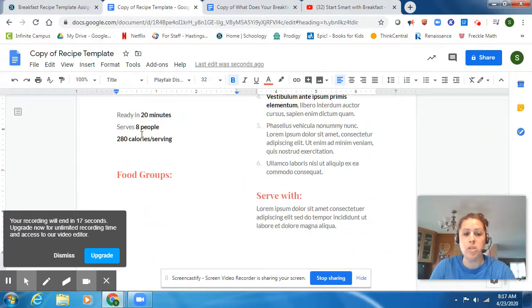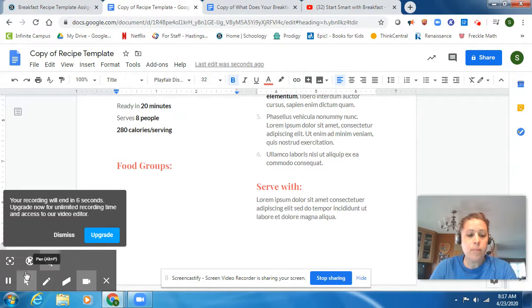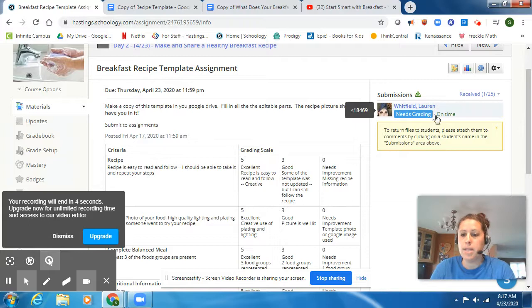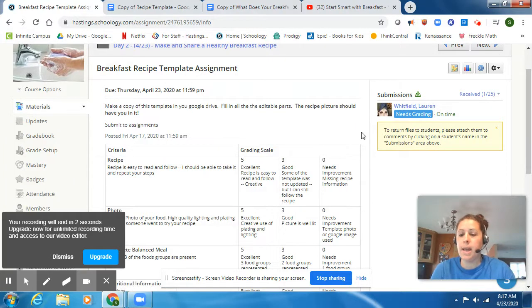Make sure that you put the servings, how many servings, the calories, the food groups. So if you are making pancakes, what do you have to add? Strawberries, milk, or yogurt. So put what to serve with it. And then when you are done, again, submit it over here. Now, I'm not going to accept anything that comes